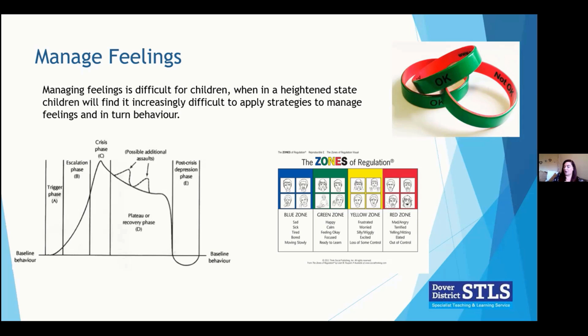So an example of this is that often with children, they have verbal ways of showing their feelings, and sometimes they'll have behaviours to show their feelings. So the child that I work with would often hum when he was happy, which is lovely, and he'd also hum when he was anxious. So for many, this was the same hum. So my teacher said, oh, he's really happy, look, he's humming. And I'd be like, no, he's really anxious.